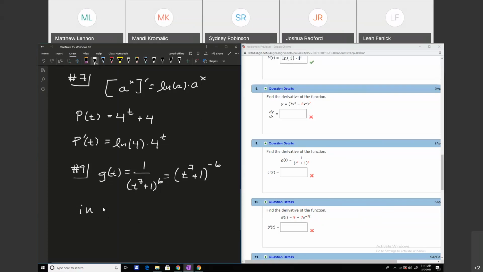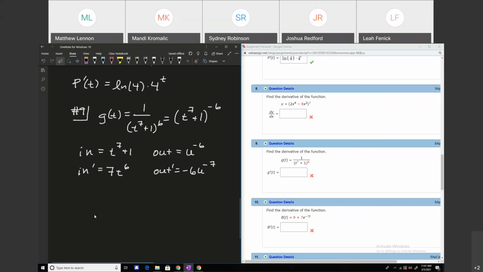So our inside function would be t to the 7th plus 1, and our outside function would be u to the minus 6th. Notice if you plug that inside back in for u, you get exactly this clever form that we used. So then we can just go ahead and do the chain rule. The derivative of the inside is 7t to the 6th, and the derivative of the outside is minus 6 u to the minus 7th. So now the work is basically done. g prime of t will be